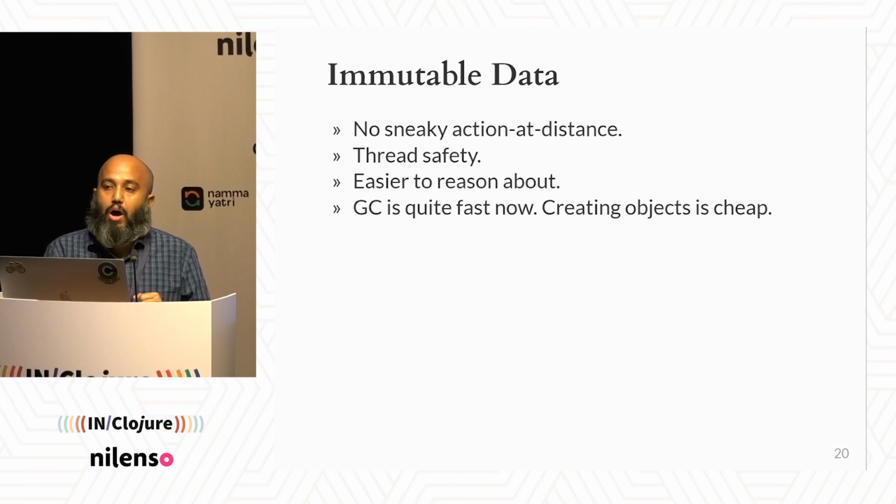And now, since the last 10 to 15 years, they are very cheap. It's not a bottleneck anymore. You don't need the flyweight pattern, which is the one that people used to do, where they created a cache of objects and then borrowed out of that, object pooling and stuff. So you don't have to do those things anymore. GC is very fast. Machines are very fast. Compilers are very fast. So you don't have to think about these things at all.